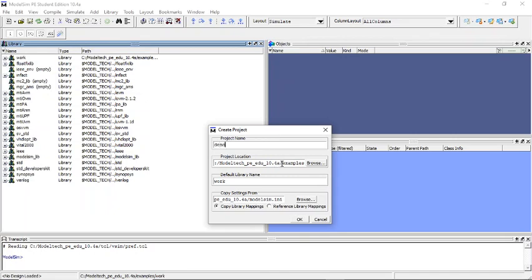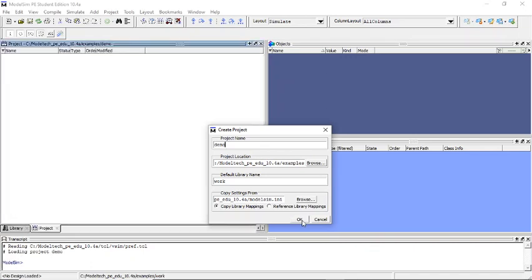The working location can be set using the Browse icon. The default working library is work, and if you want you can change the default working library. So click OK.